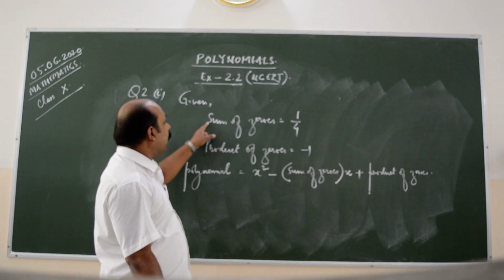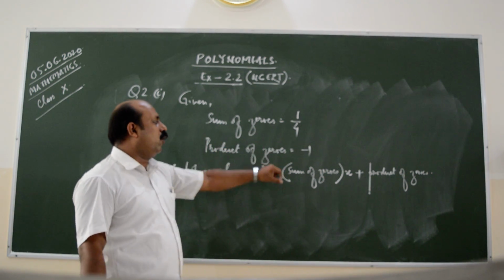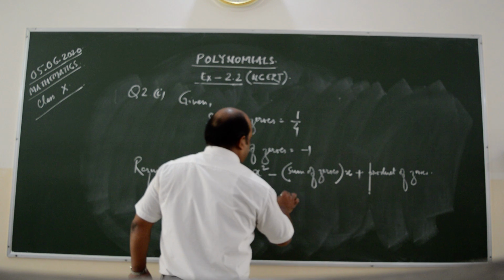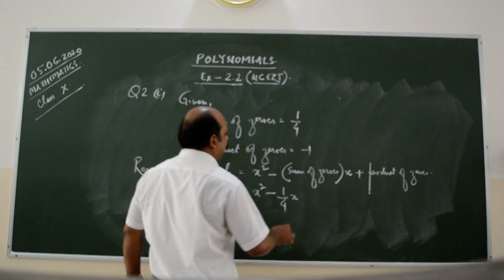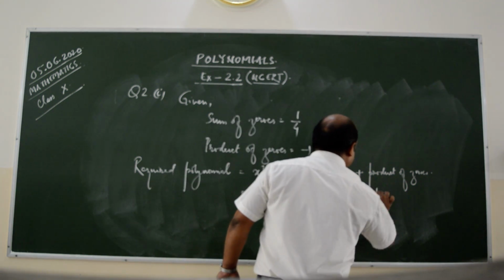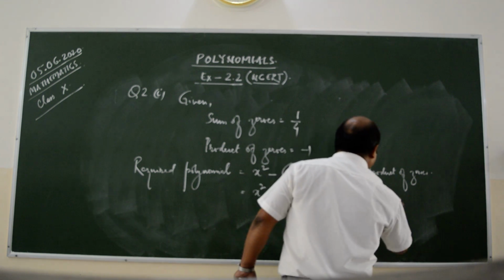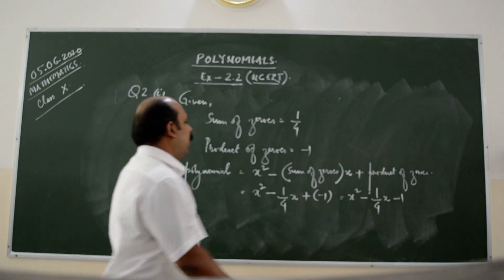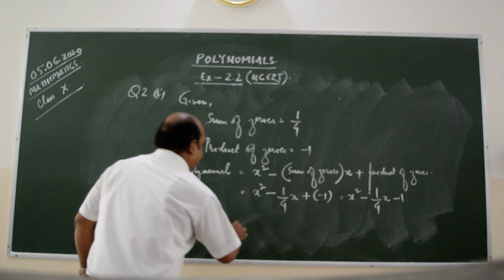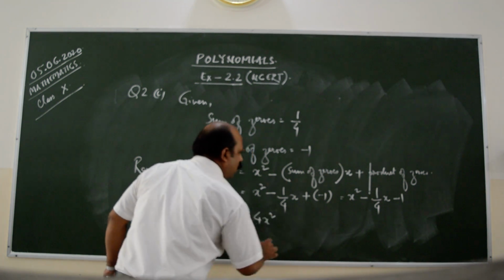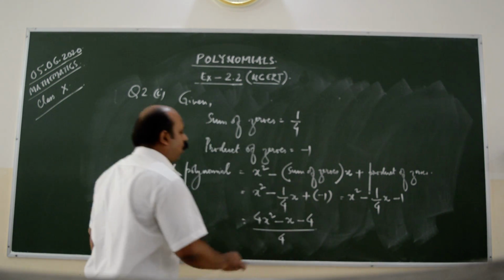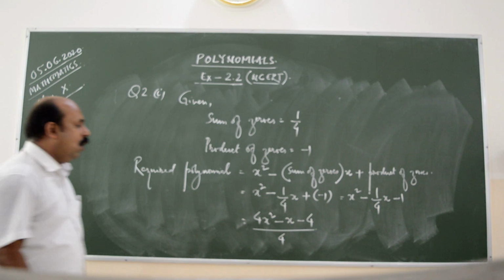So in this question directly the sum of the zeros is given and the product of the zeros is given. So we will simply substitute the values. X square minus 1 by 4 into x plus minus 1. That is x square minus 1 by 4 into x minus 1 is the required polynomial. You can leave the answer here or you can proceed a step further. We can write 4x square minus x minus 4 whole divided by 4 as the required polynomial,